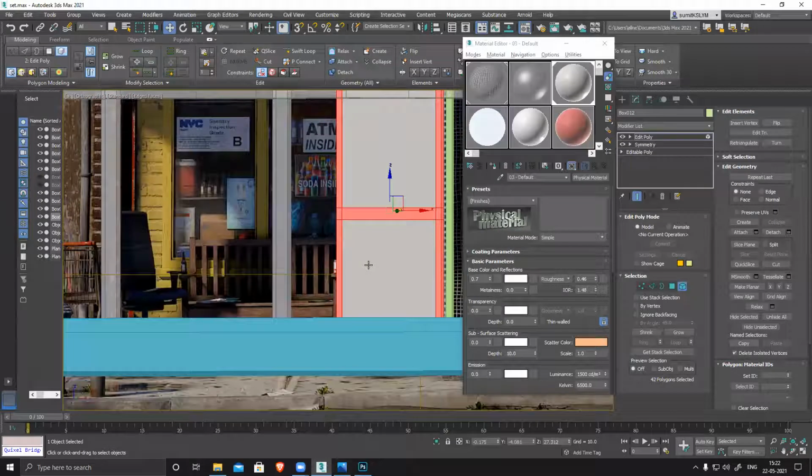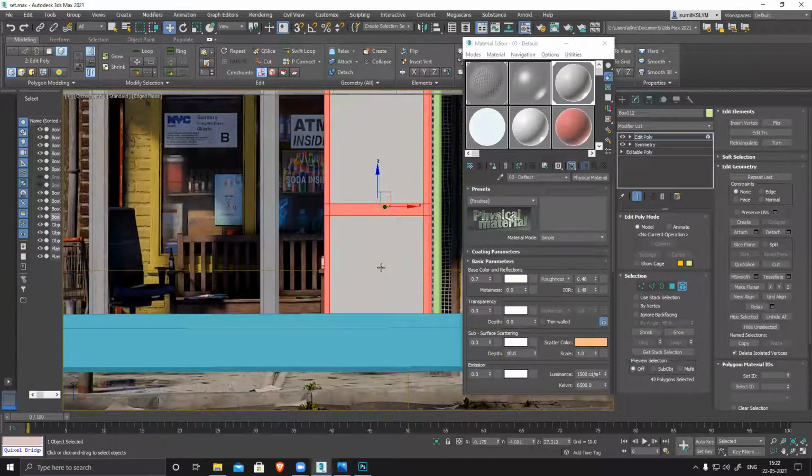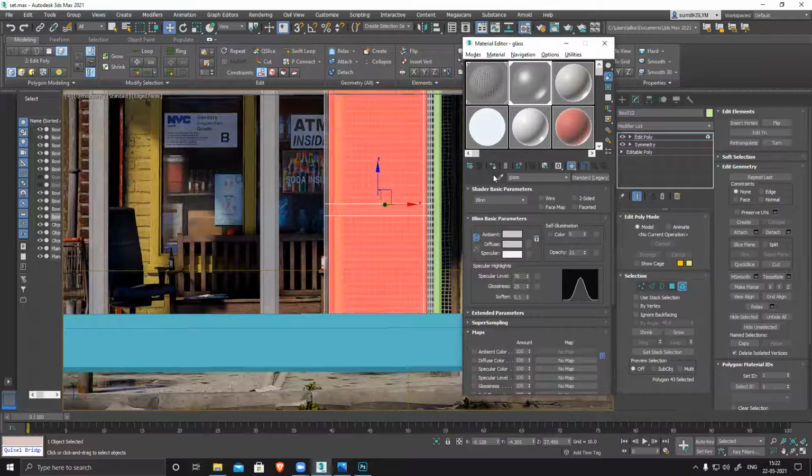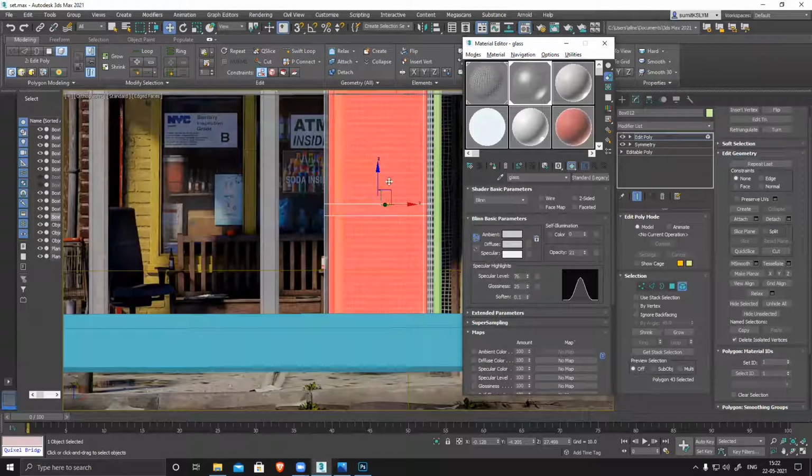Okay. Why is it changing everything? This thing is happening because by default it's combining the materials also, but I need to separate the material. So what I'll do is scroll down, select the frame, this thing, glass, and here you can see polygon material ID.